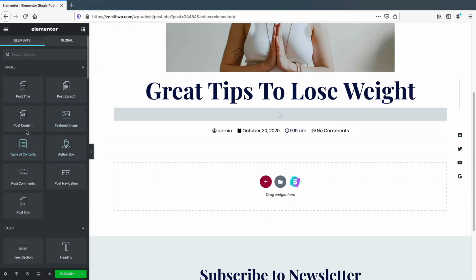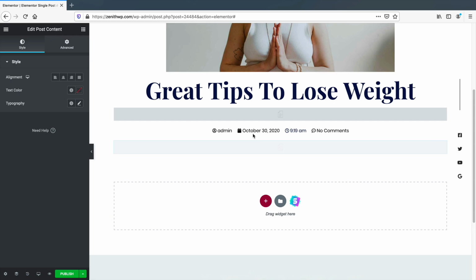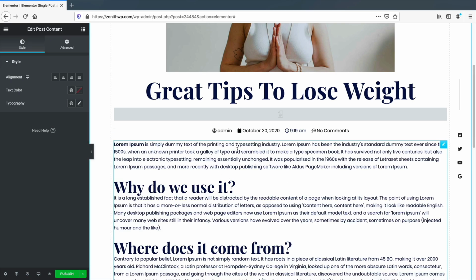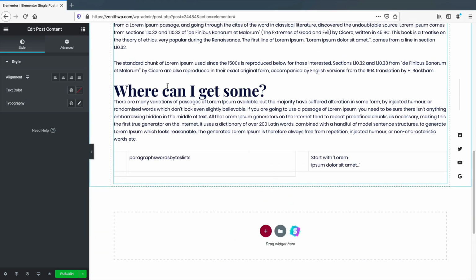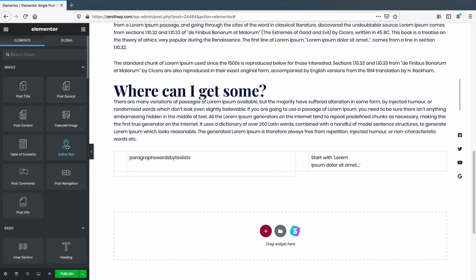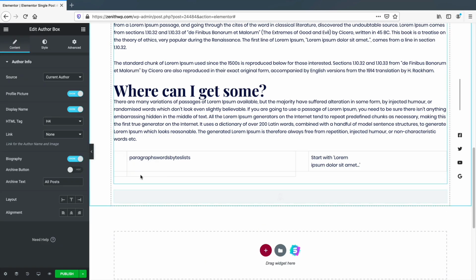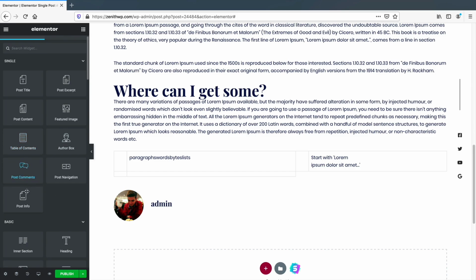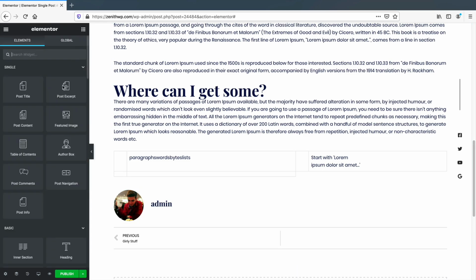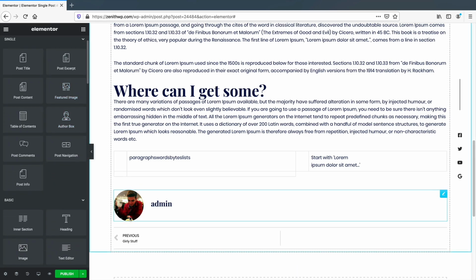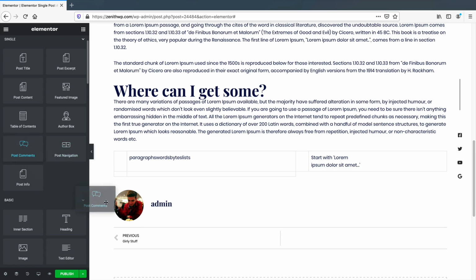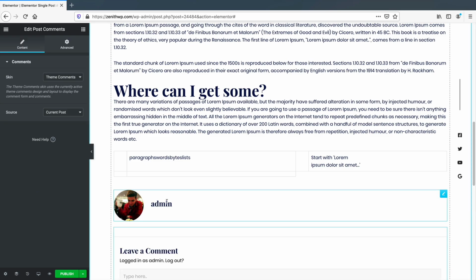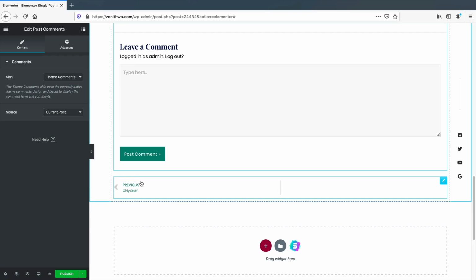And then I can throw in some content. So the post content is where the actual content will be displayed. And that's basically it. And then, for example, let's just say, okay, so who wrote this? Well, let's add an author box. And under the author box, maybe we can have the, we'll do this first, post navigation, right? Actually, I think the comments go under the author box. What do you guys think? Let me know if you're a blog expert. Here, we'll put the blog comments below that, and then we have the previous, and they can go ahead and,